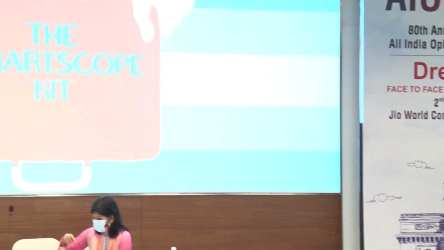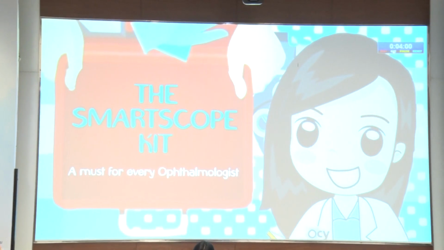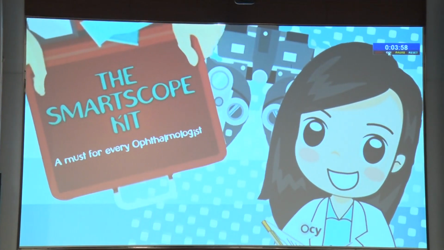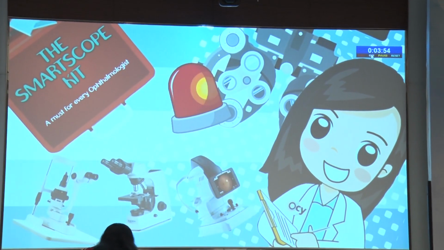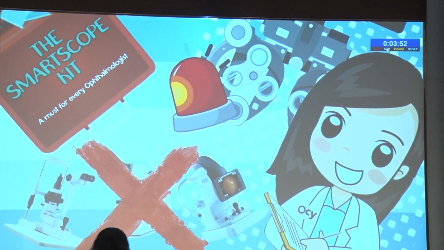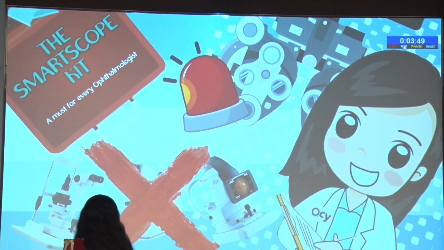As an ophthalmologist, there are situations where you cannot diagnose or treat a case just because you don't have the right instruments in hand. To overcome this challenge, we have brought to you the SMARTSCOPE kit, a must for every ophthalmologist. A kit which consists of every small tool needed for diagnosis from anterior to posterior segment with the help